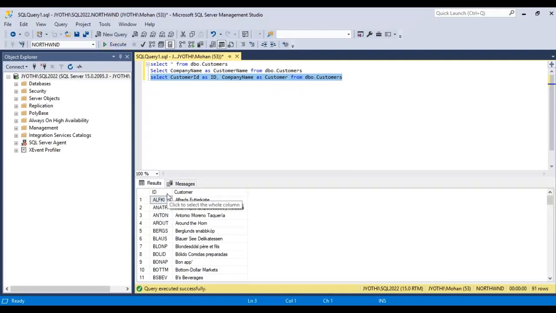Double quotation marks or square brackets are required if the alias name contains a space.